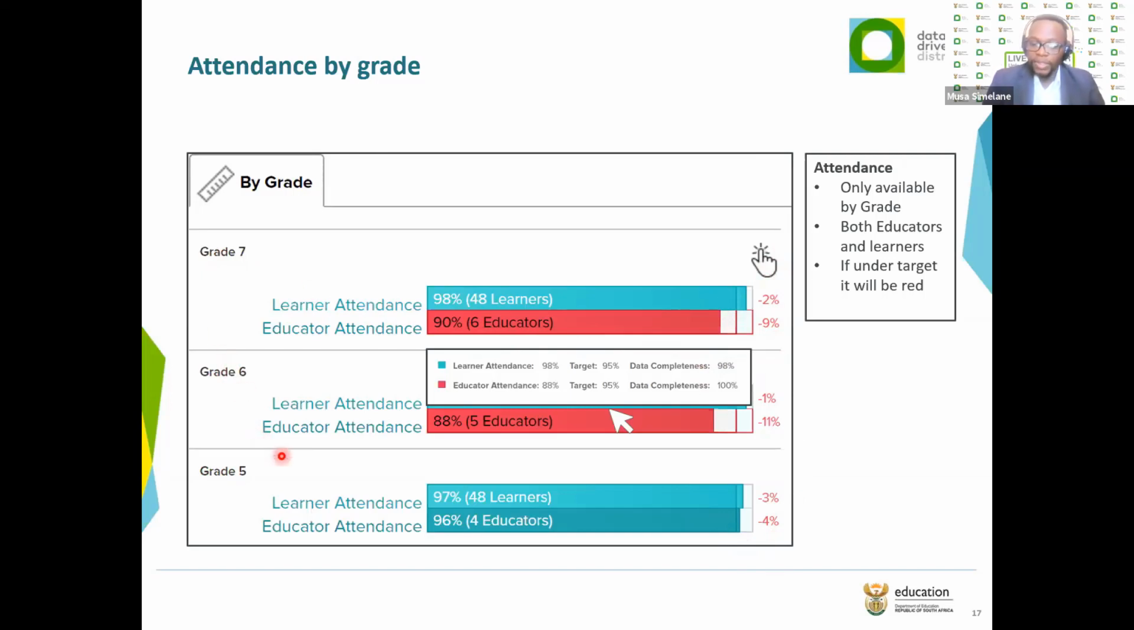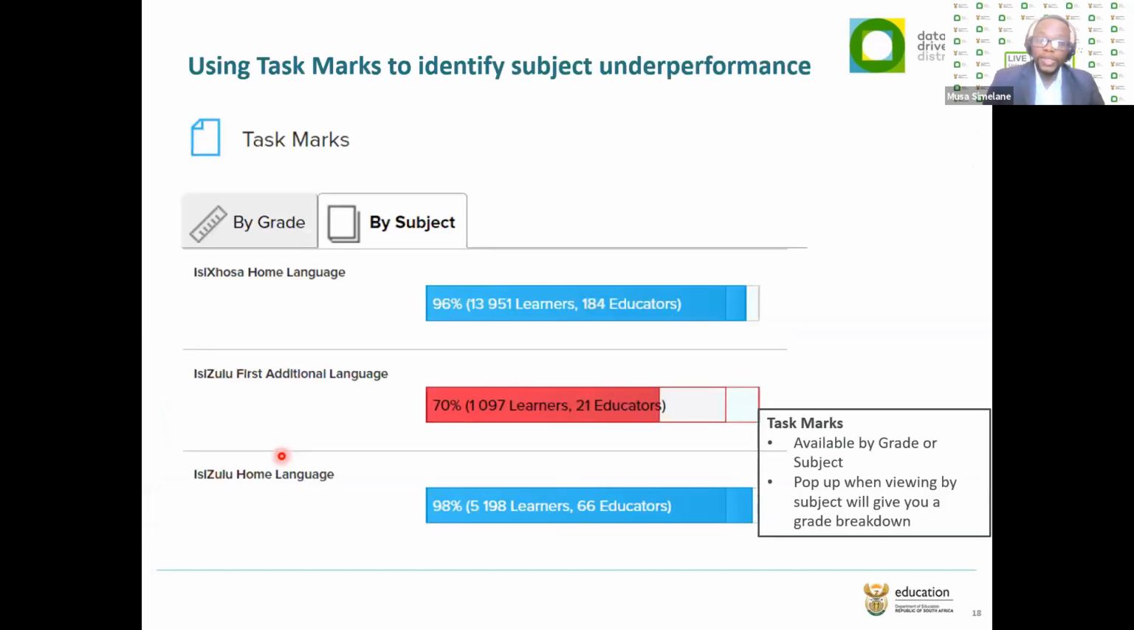And we can then start, if we're in a circuit level, we can start doing a drive and target learner absenteeism. Because, of course, if there's no teaching and learning time, there's no learning. So it's a very important indicator for us to make sure it's accurately captured and is properly monitored. If you move a little bit down, then we come to the task marks. And then again, if you click on task marks at the top, it will zoom you and take you right